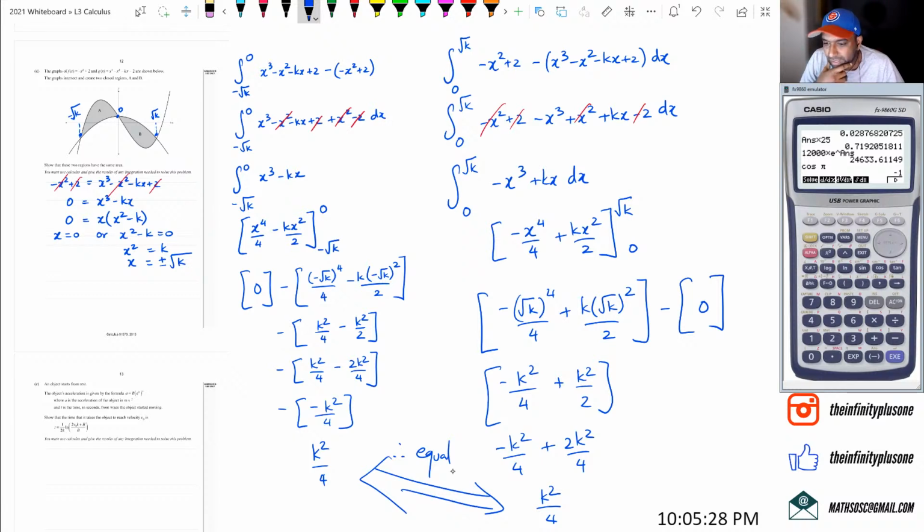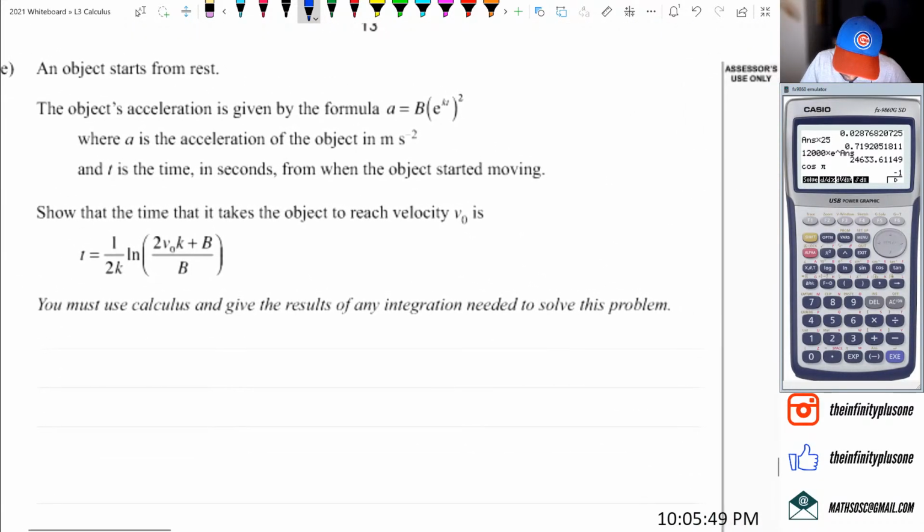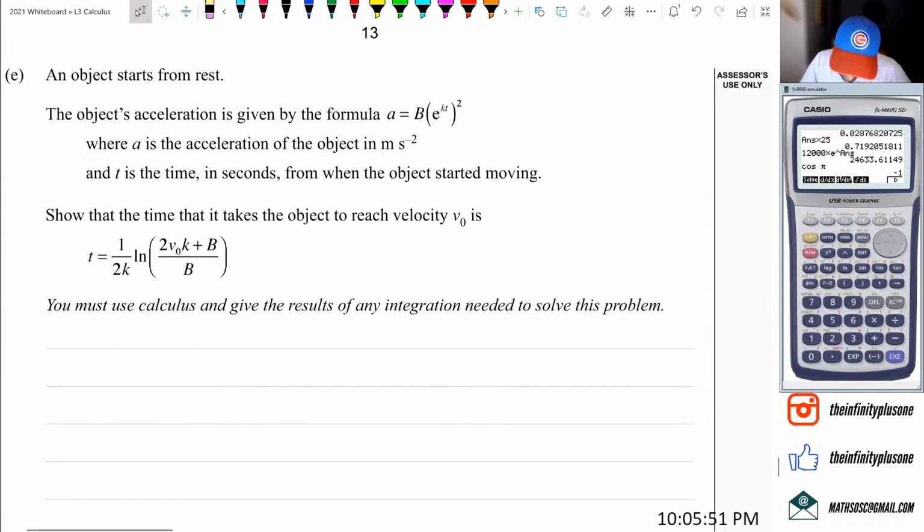Yeah, they're meant to be equal, you think. So you're supposed to get k squared over 4, k squared over 4. That was the question. So now that's why I say to you guys, look, read the full paper, see if there's a proof excellence question, and see, like in this question, if you look at the excellence question, I know it looks complicated, but it's